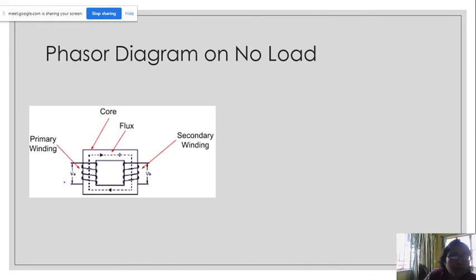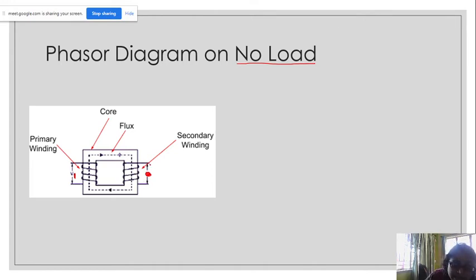In the primary side here they have given it as VA, but I will assume V1 because I generally take it as 1. I will not take V2 now because I have taken an open circuit, so afterwards I will take V2. I am only taking V1 at this present moment, and I am taking it on no load. What do you mean by no load? That means the secondary side is kept open.